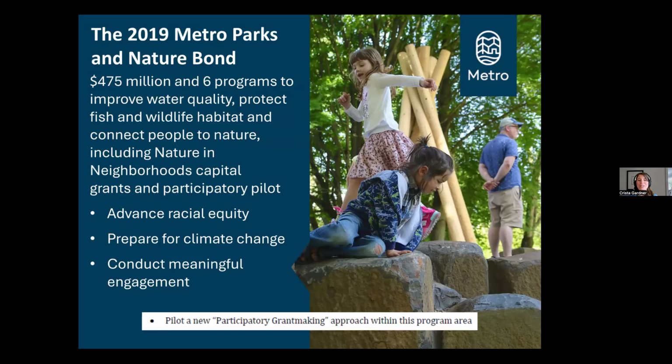So it included in the Nature Neighborhoods Capital Grants is 1, the Nature Neighborhoods Capital Grants Program, which has multiple rounds of competitive capital grants and has awarded over 5.5 million in the last couple of years. And 2 is this Nature Neighborhoods Community Choice Grants, which uses a community-centered process to create meaningful opportunities to share up to 3 million in capital investments. And we created this community choice grants from 1 bullet point that directed Nature and Neighborhoods Capital Grants program staff to pilot a new participatory grant-making approach. Next slide, please.